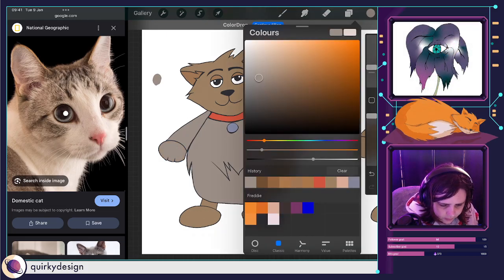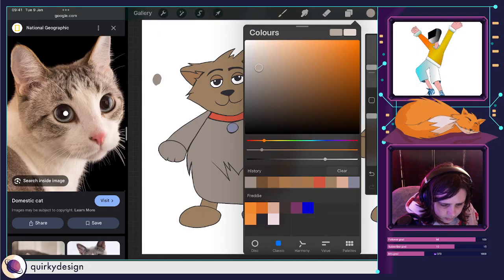Try and make it look a little less brown. Let's go a bit more of a bluey range.